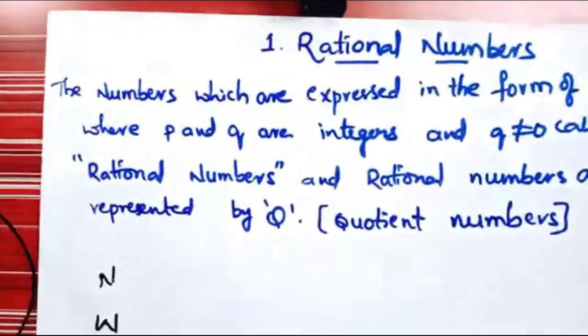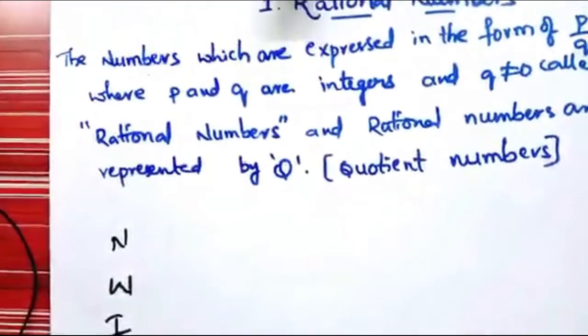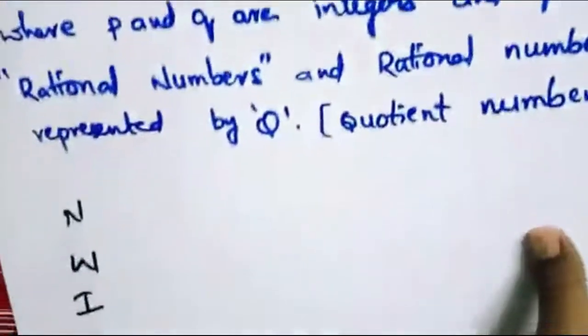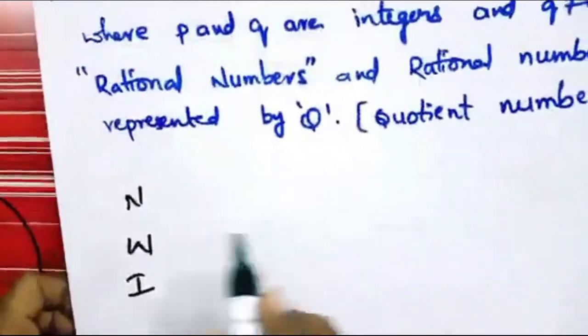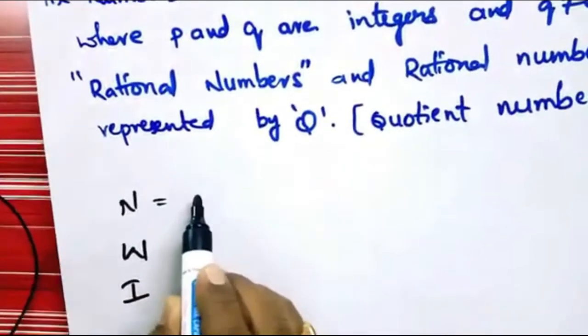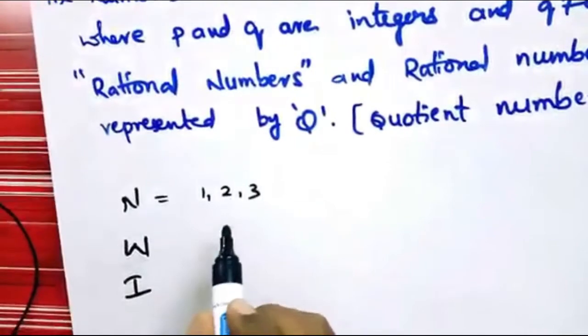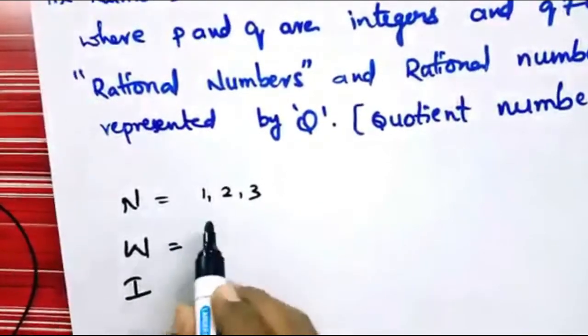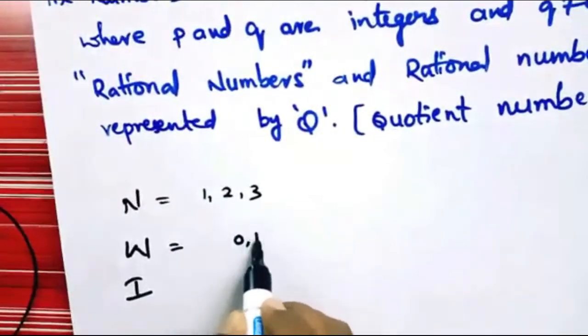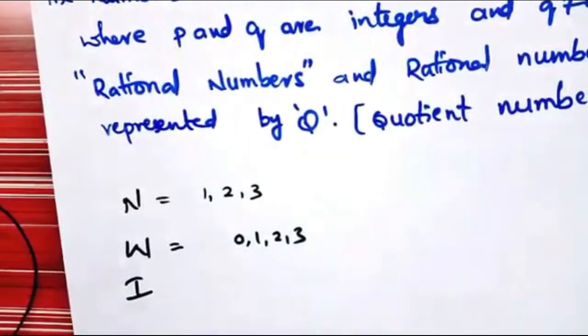So already we know natural numbers. So what are the natural numbers? Counting numbers are called natural numbers. They start from 1, 2, 3, and the natural numbers are represented by the capital letter N. And the natural numbers together with 0 are called whole numbers, and they are denoted by the capital letter